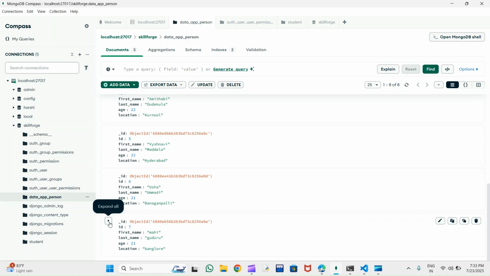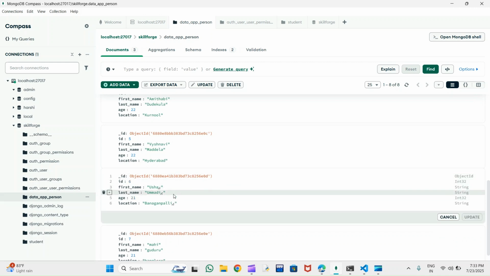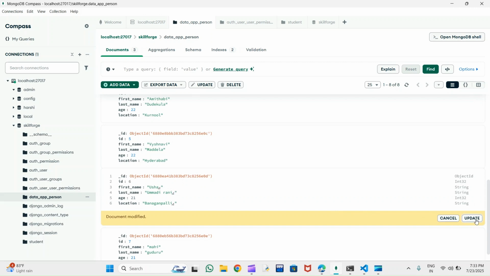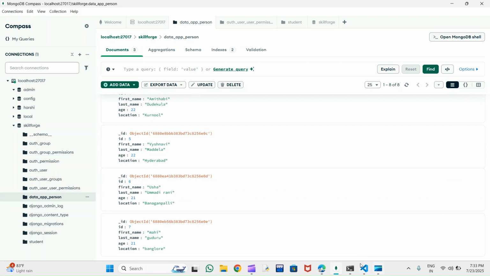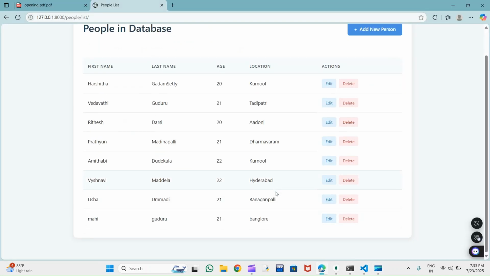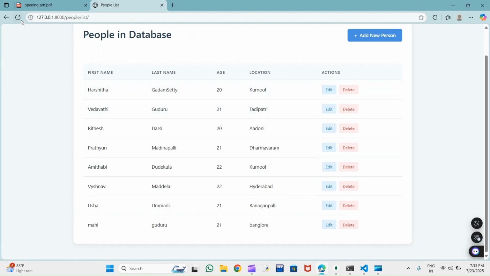Now let me update something. I will update the last name of Usha from Ummadi to Ummadi Rani, and update. Go to the template page and refresh this page.